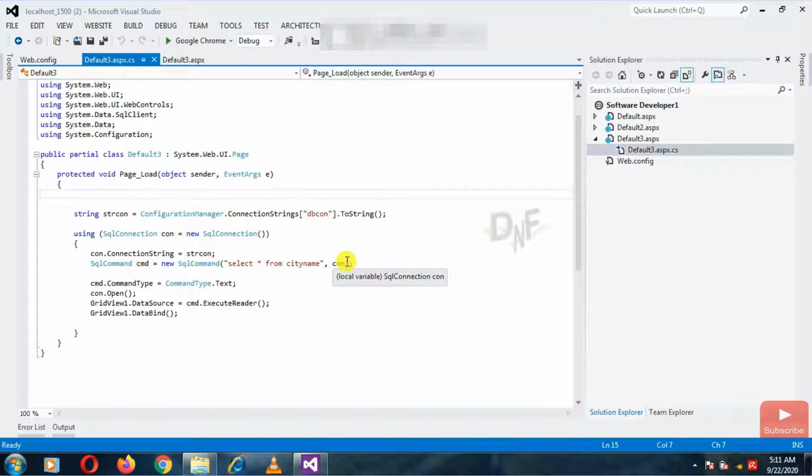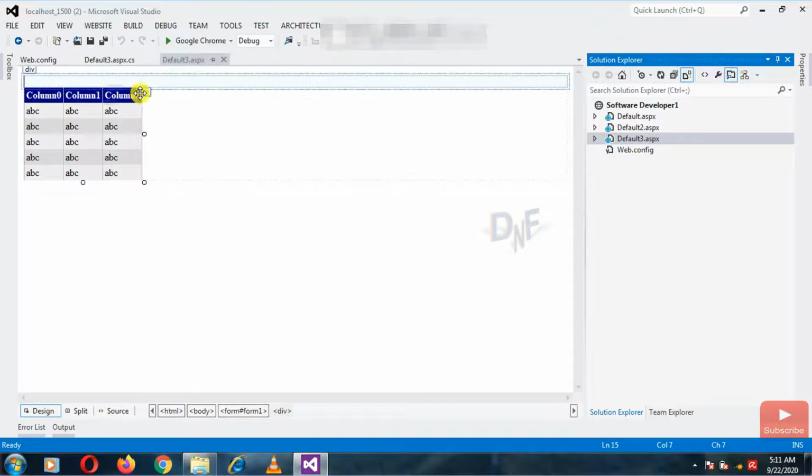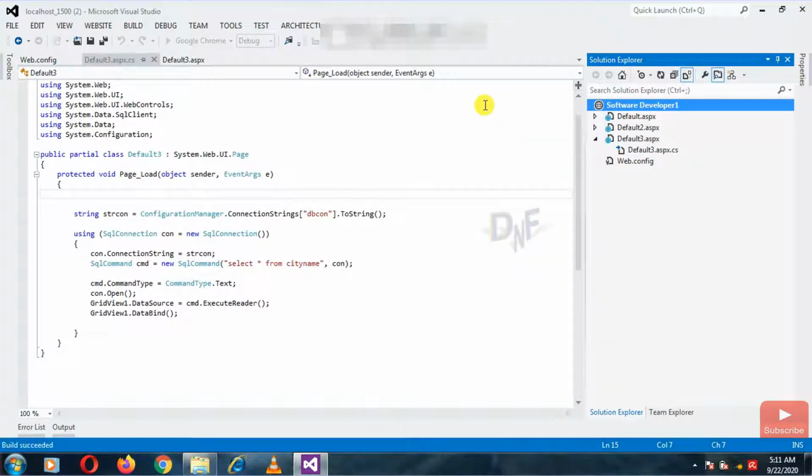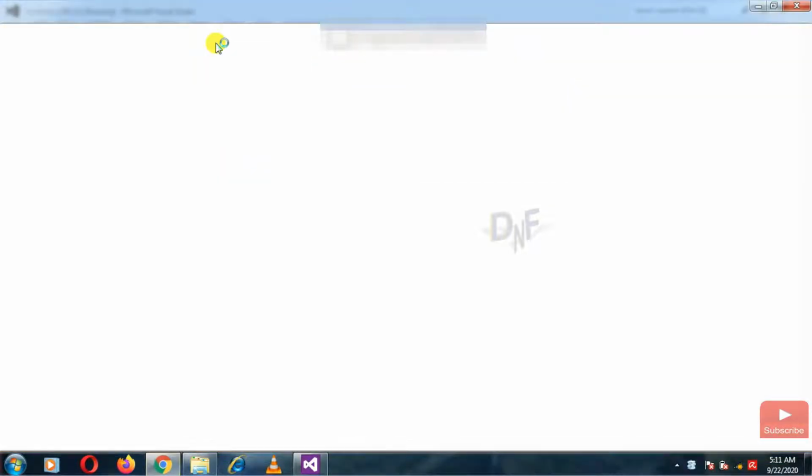So here I have a simple website, a simple three-page website. There is no bin folder, and it is a very simple website that I take to convert to a web application project. First of all, we have to check whether this website is working fine or not. I'm just going to build the website. You can see it is built successfully, and I'm just going to run it to check how it is working.